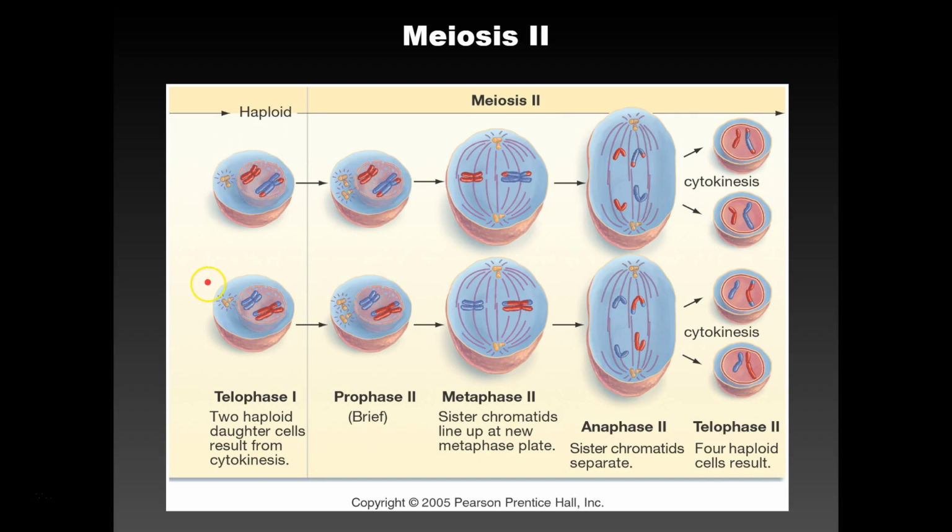So here's the telophase 1. This is the end, right? All that stuff we just talked about has happened. Here's prophase 2, brief, aka boring. Then you have metaphase 2, in which these sister chromatids are lining up along the metaphase plate. And then anaphase 2, where they're actually splitting. And then cytokinesis, you're winding up with 4 haploid cells that are unique. They're all different from one another because of crossing over and independent assortment. So every time this process happens, you're going to produce 4 gametes, okay, 4 sex cells, 4 cells that are ready for reproduction.